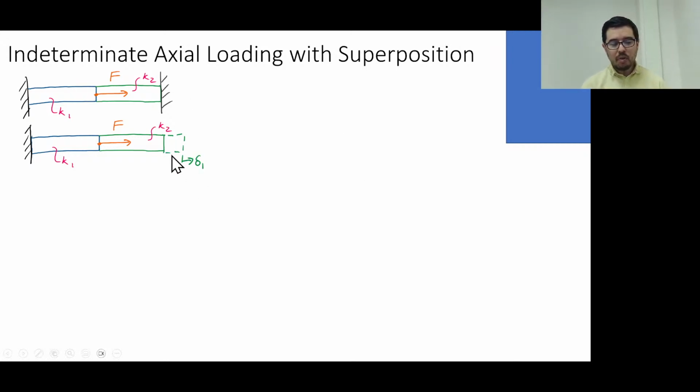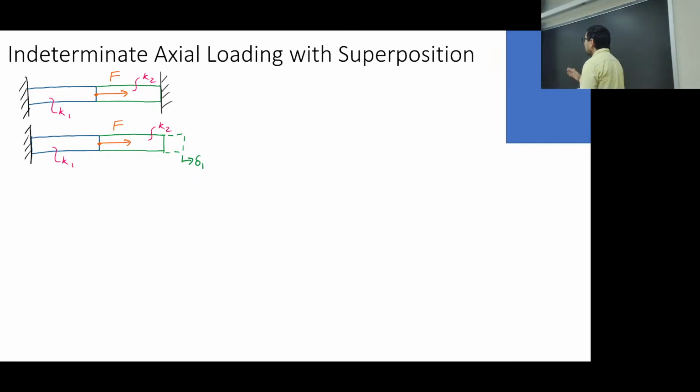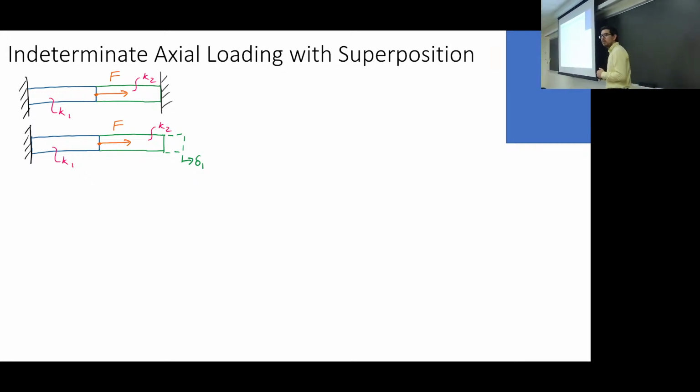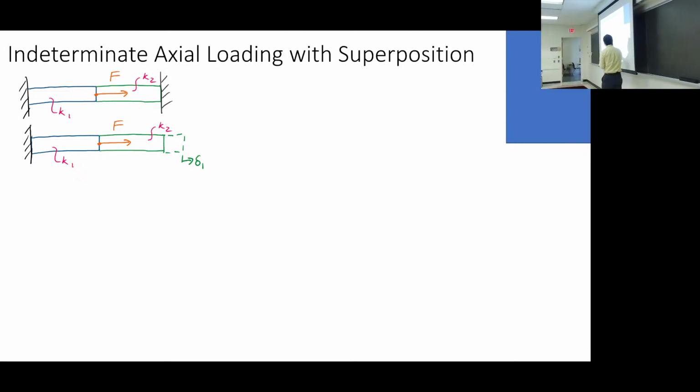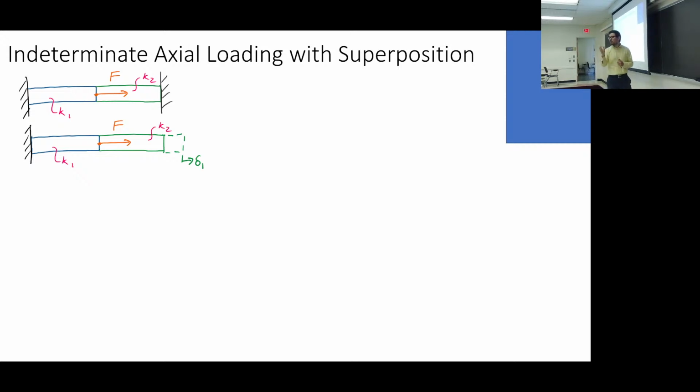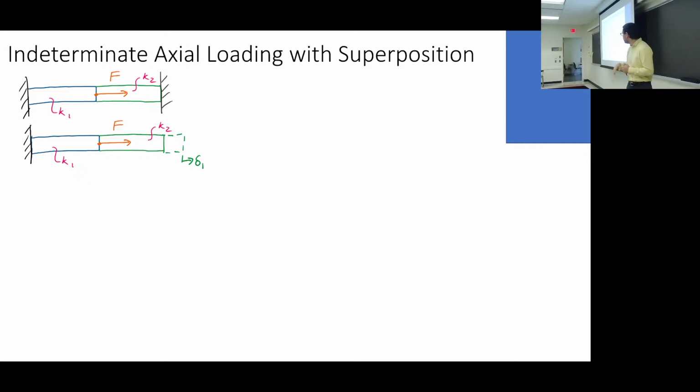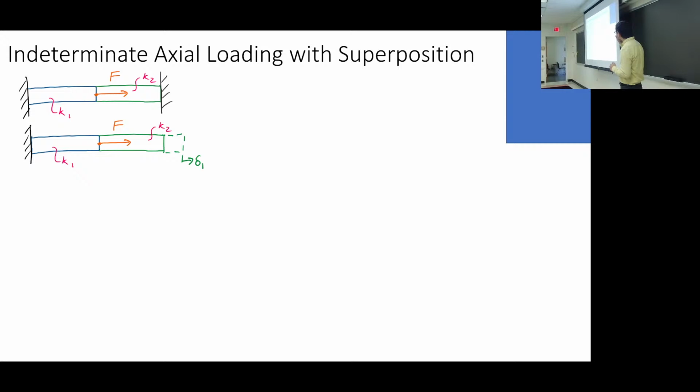I can figure out what this system would have displaced had I not put that right wall there. I have the applied force there. I know my K1, I know my K2. Of course, this green member is just along for the ride. So there's no internal force. The force is in the left member, and the displacement delta 1 there is